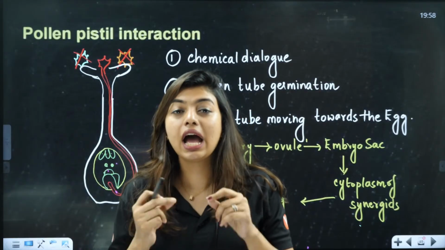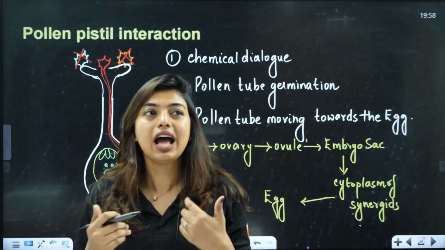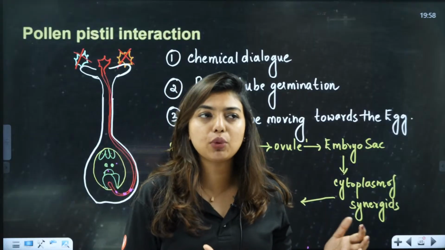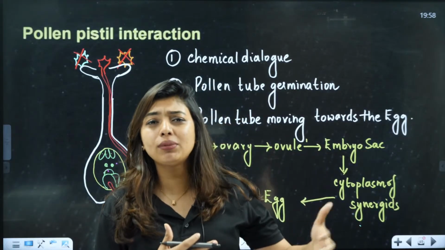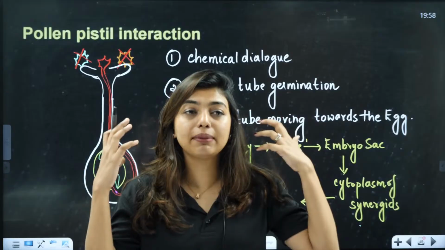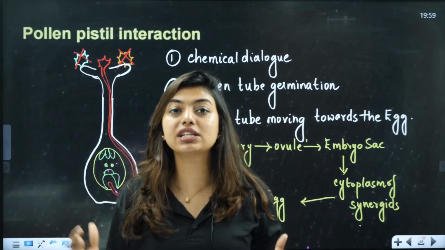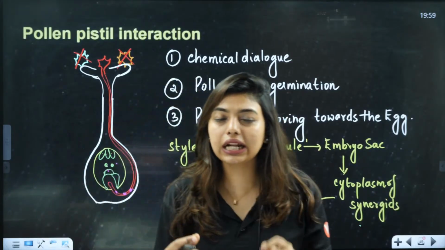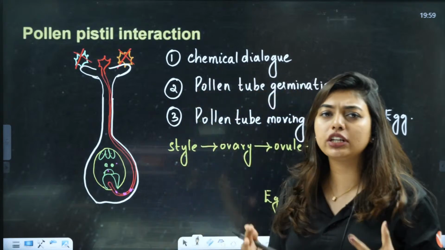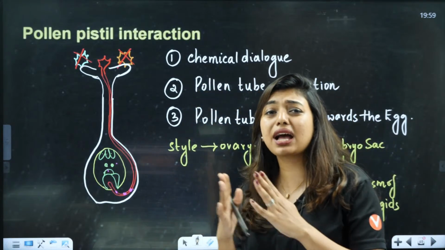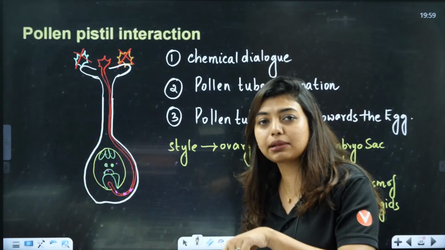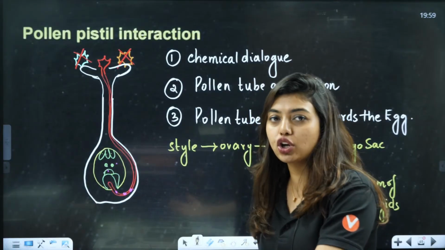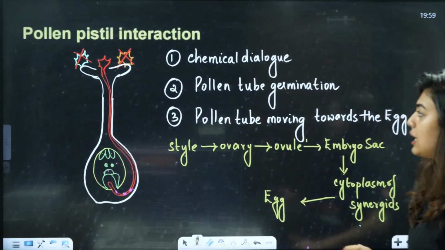How do we know this? After we talk to them for a while, after we sit and chit chat, maybe it takes one month, two months, three months, one year, three years. It might even take an entire lifetime to understand if this person is right or wrong. In the same way, many pollen grains come and land on the stigma, but the stigma has to decide which is compatible and the right choice for it.